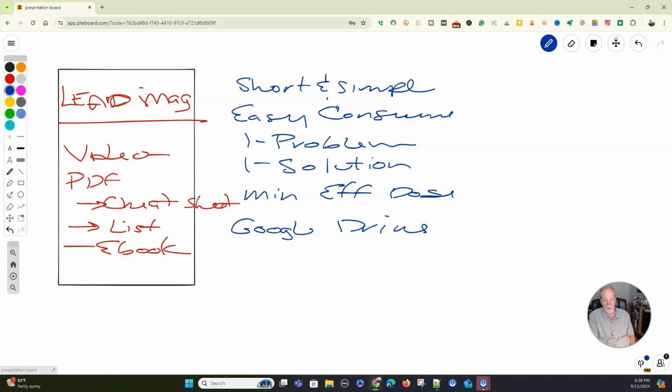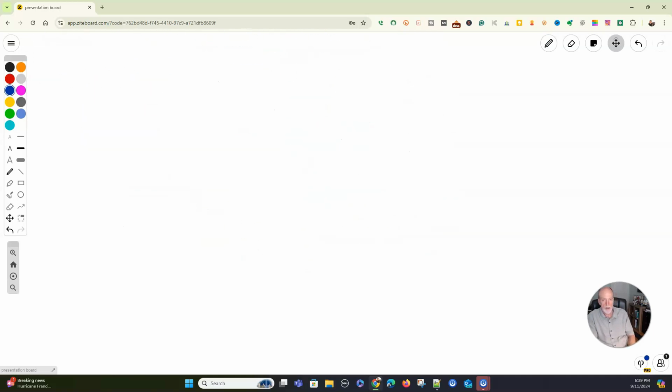And we can do Dropbox is a good way, but that's not always free. Usually you get a little bit of space you use up and then they want you to subscribe, but it's not expensive. So we got our Dropbox, but we just need somewhere where we can store this and give people a URL or a link to download their lead magnet. So once we've got that done, we'll go to the next step,